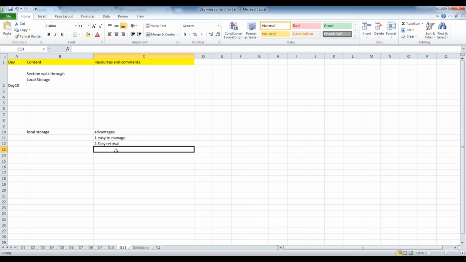Moreover, this is useful only if the data volume is small. If you have millions of records, you cannot maintain them here. That is not a good way. If the volume is less, then you can maintain it here.